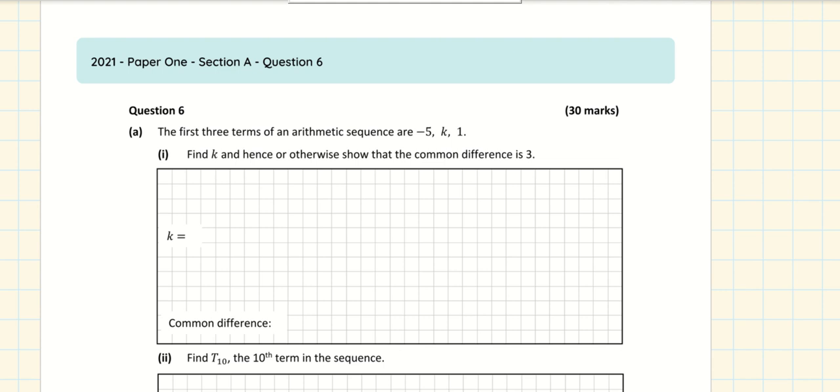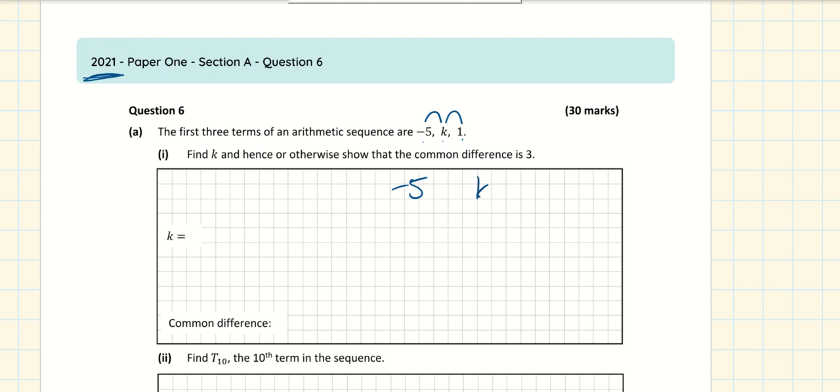Okay, so we'll continue our journey back in time now, and we're back to 2021. Okay, so you're told that the first three terms of an arithmetic sequence are minus 5, k, and 1. Okay, so find k and, else or otherwise, show the common difference is 3. Okay, so this means that the difference between these is going to be the same. So that means that